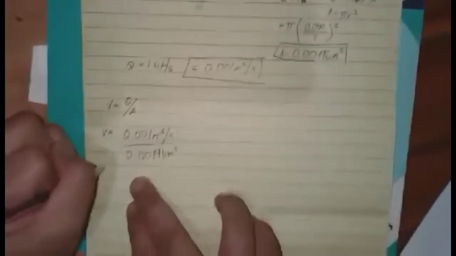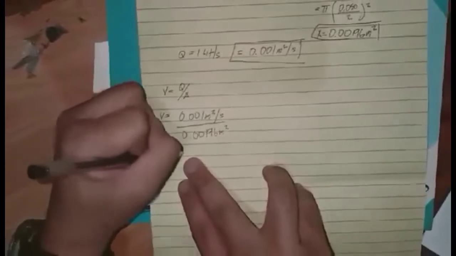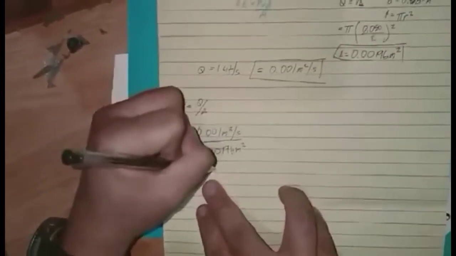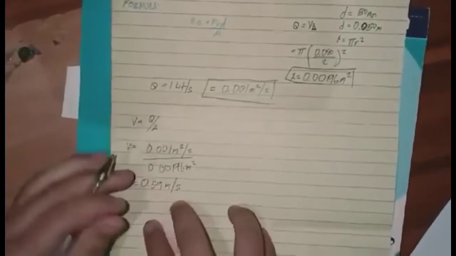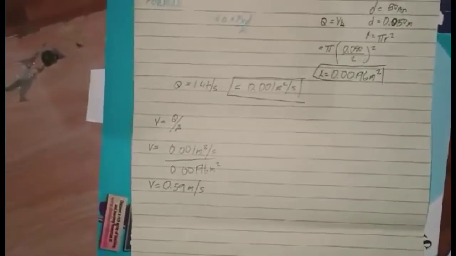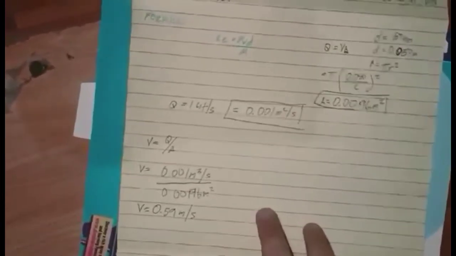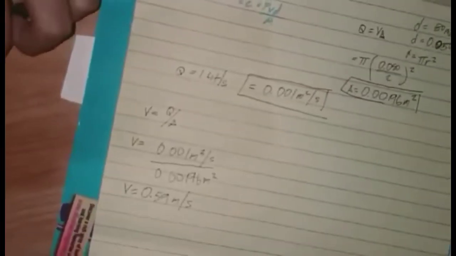Now we'll get V is equal to 0.89 meters per second. So let's determine now which is